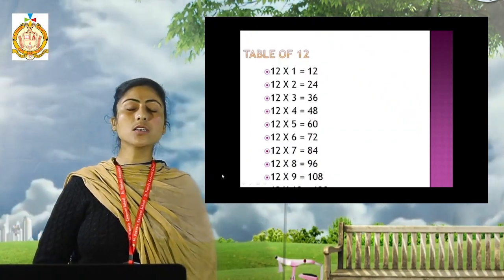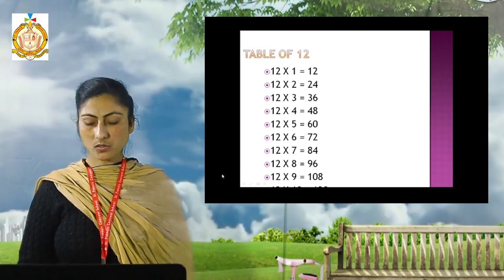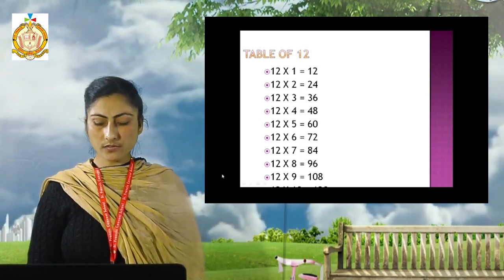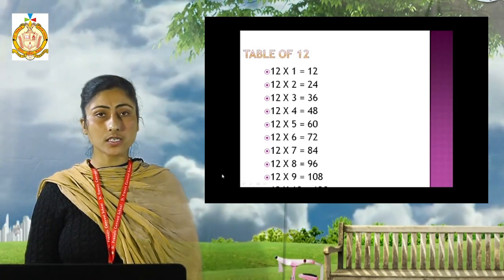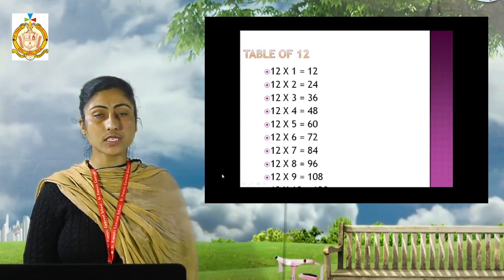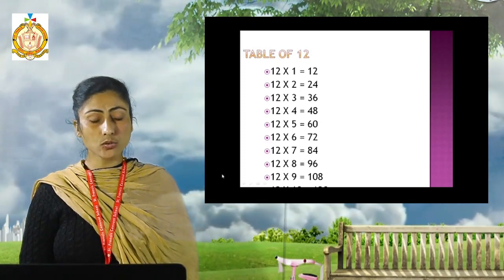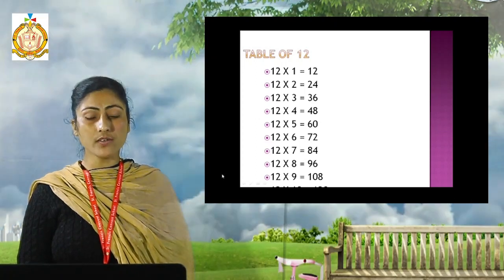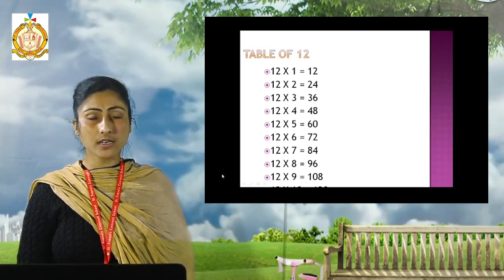Now one more thing in your syllabus is the table of 12. So let's learn. 12 ones are 12, 12 twos are 24, 12 threes are 36, 12 fours are 48, 12 fives are 60, 12 sixes are 72, 12 sevens are 84, 12 eights are 96, 12 nines are 108 and